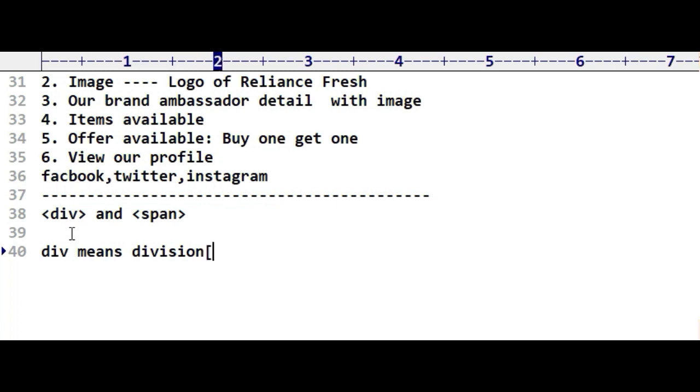It means grouping. Div and span are very similar tags. Div means division, and span is similar, with only one minor difference.